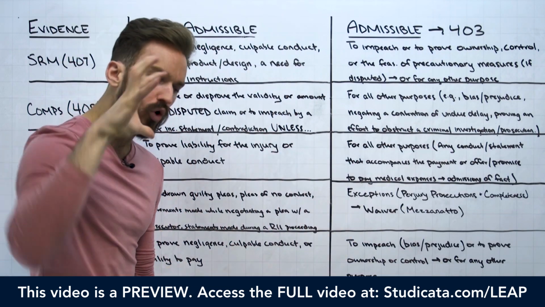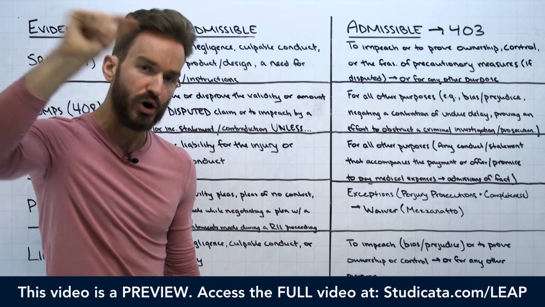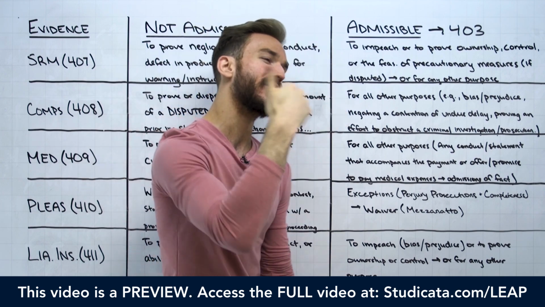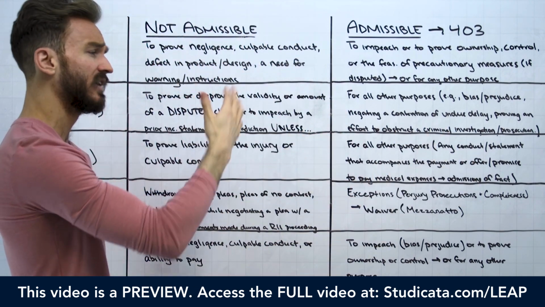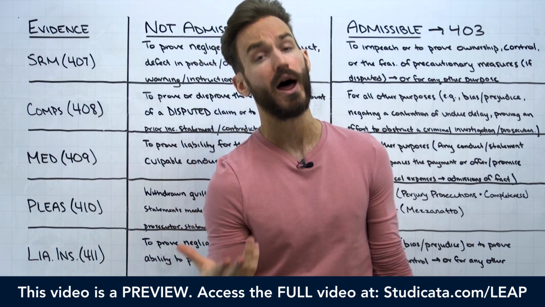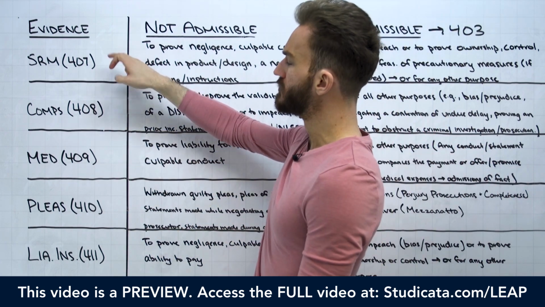Remember, that's the whole idea of evidence. That's why we started with that. I drew the little track with the hurdles, right? Because it's very important we remember that as we go through all of these different analyses. Just because something gets over one hurdle doesn't mean it's automatically going to be admitted to court. All right, so that's 407.